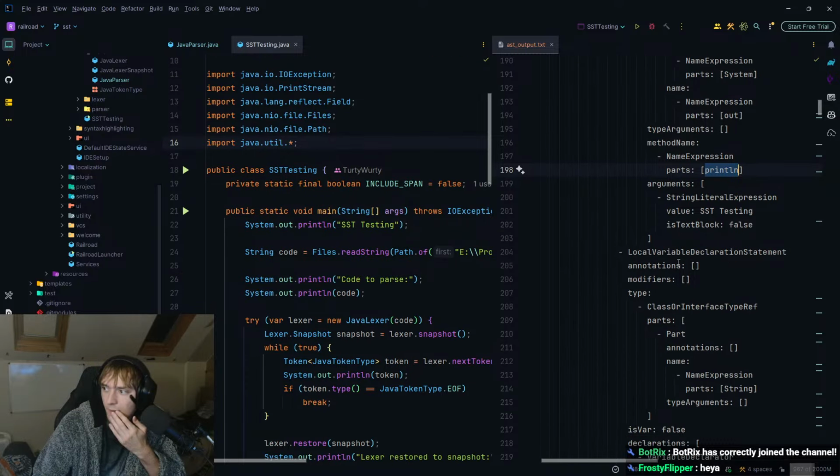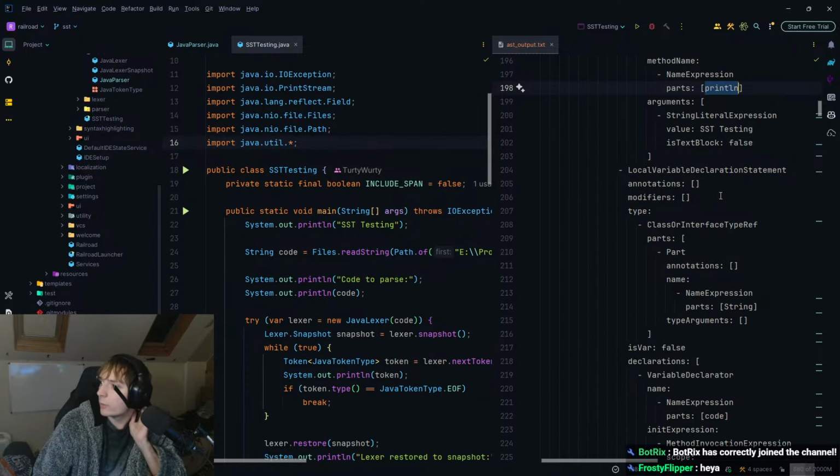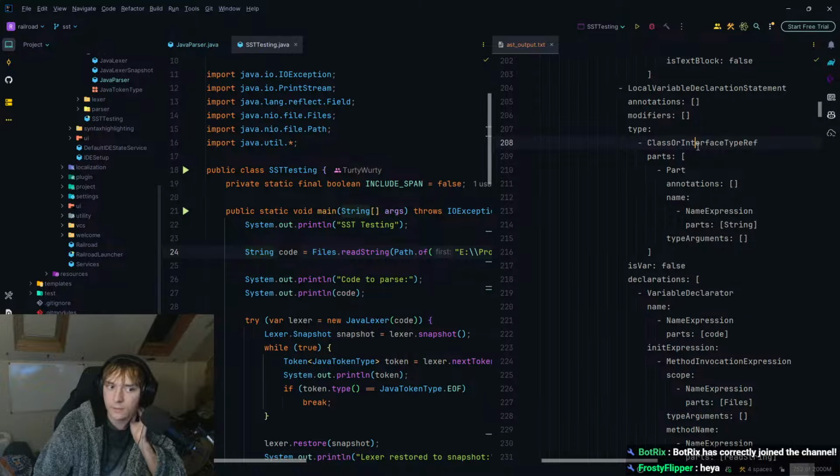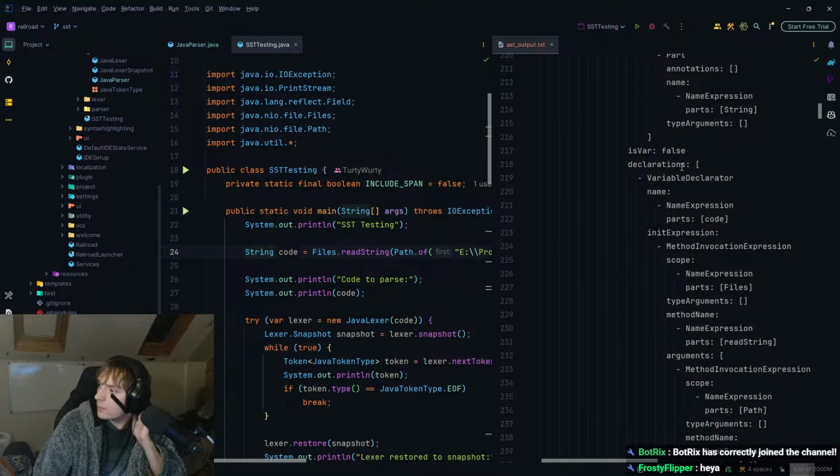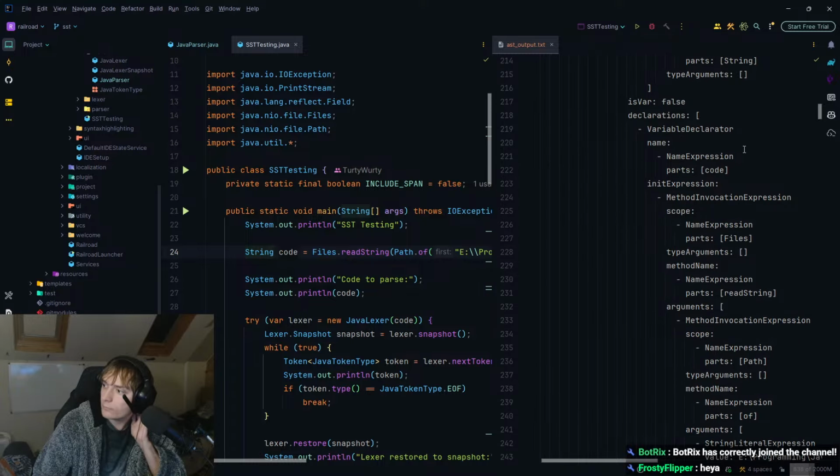Okay, that's correct. Then we have a local variable declaration statement, which should be this one. So the type is a string, which is a class or interface. Correct. The name is code, and then the init expression is a method invocation expression.